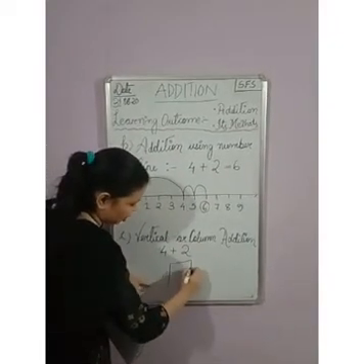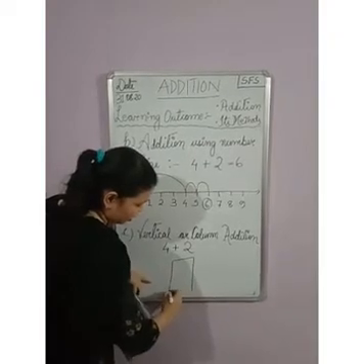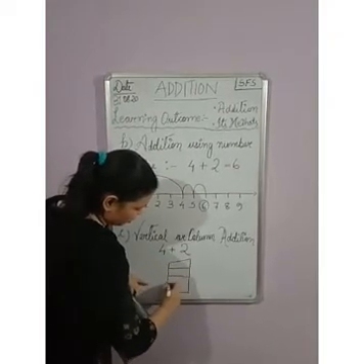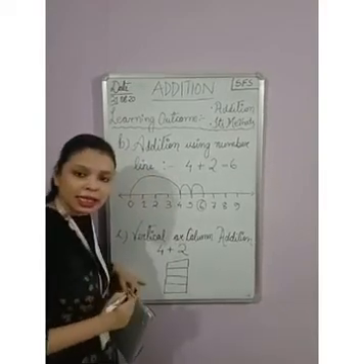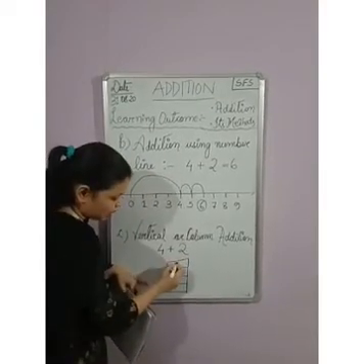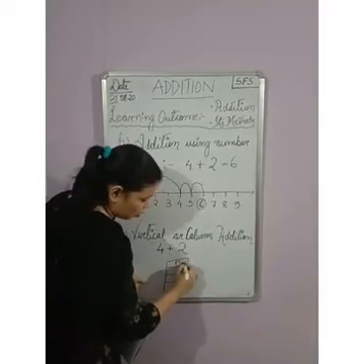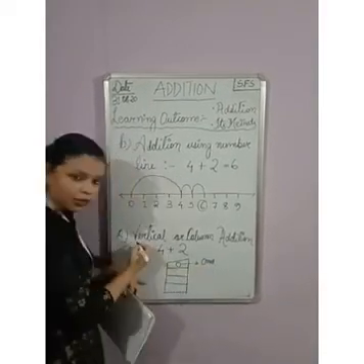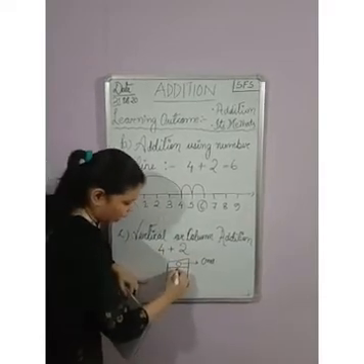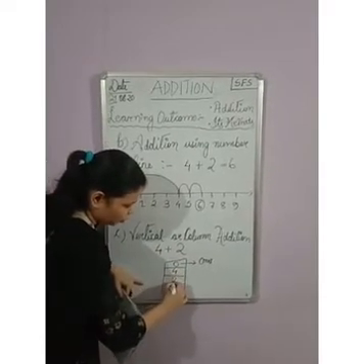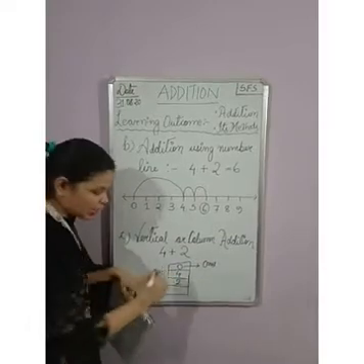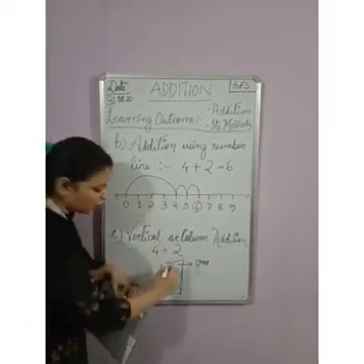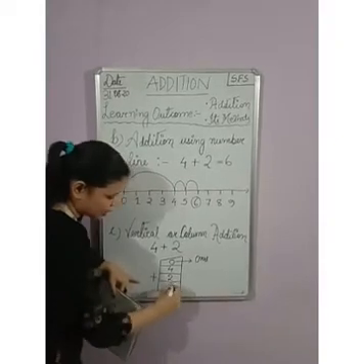This place value chart we already got in the chapter on numbers. Since it is one digit, what will be the place? It will be O. Now this O is ones. Alright, what are the numbers we got? 4 and 2. I put 4 here and 2 below. And what is the addition sign? The addition sign is the plus. Now add the numbers. 4 plus 2, we get 6.